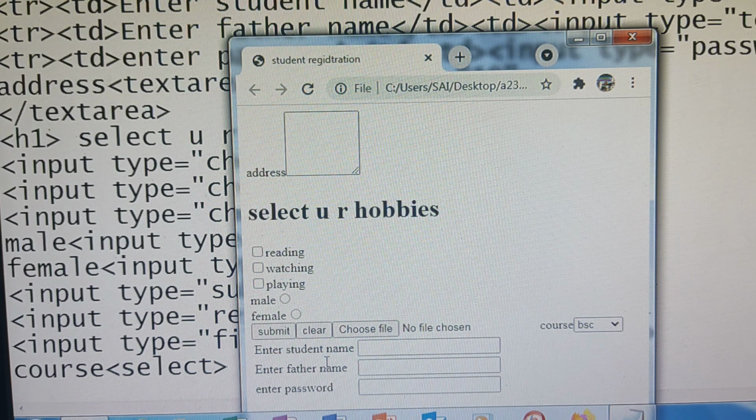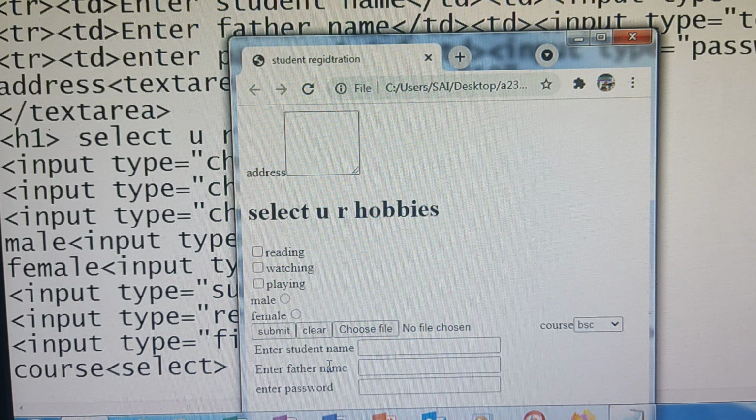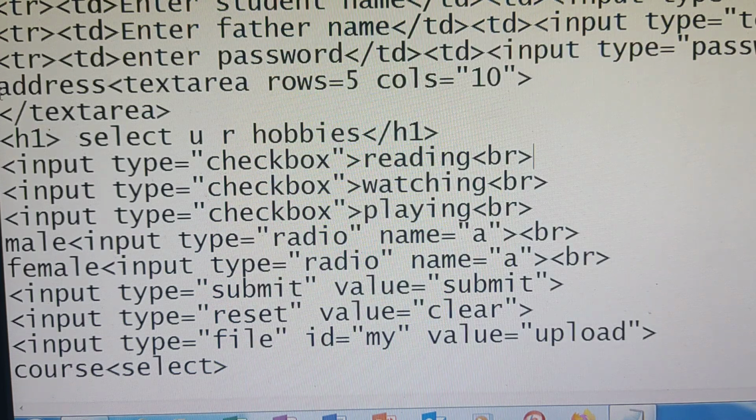enter password. So whatever boxes are there, that are called a graphical user interface, all are displayed with the fixed width. Okay, if the text is small, if the text is big, if it is too lengthy, if it is short, it doesn't matter. If you are putting anything inside the column, whatever space you have given for that column is occupied by that label. Okay. Now this text area also I am giving.